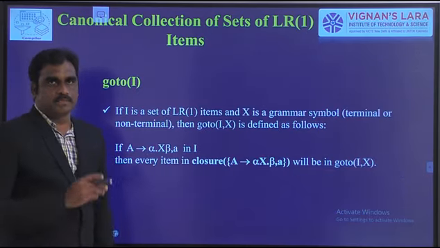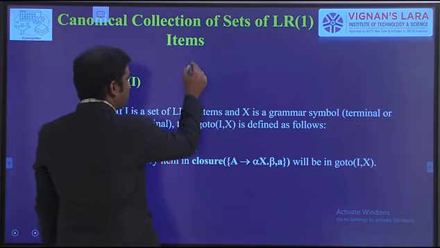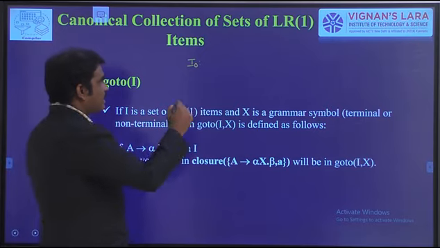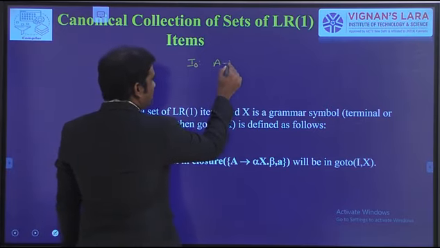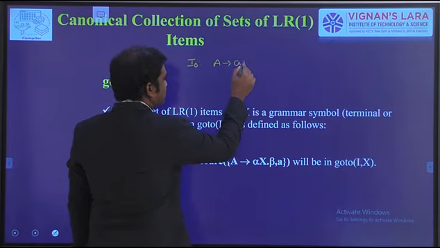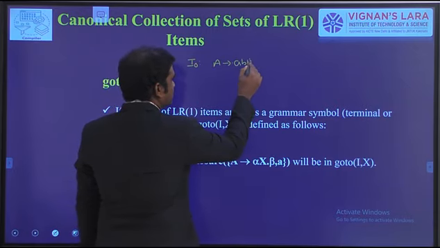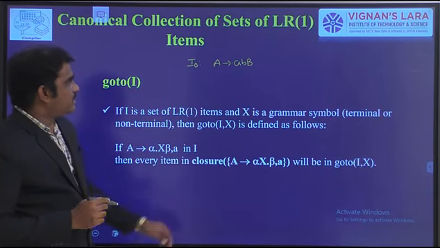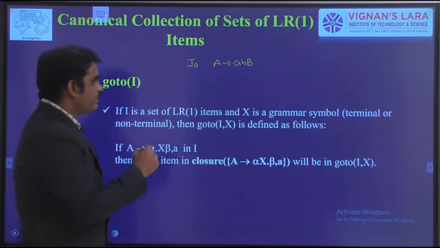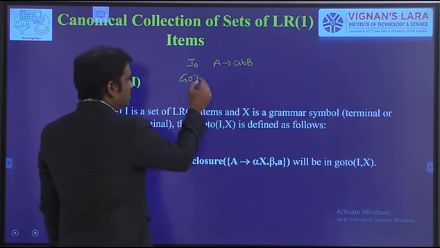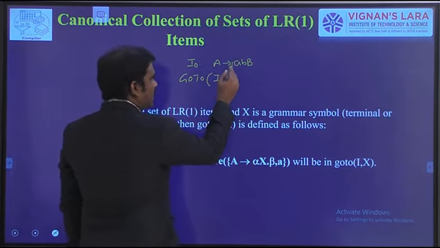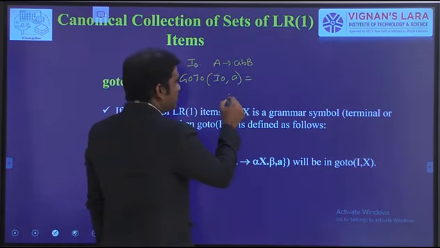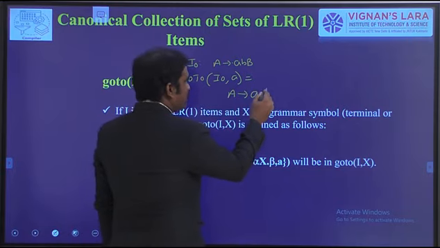And the go to operation. See, suppose for example take in SLR, take the I0 state, the output is like this. Suppose in I0 state the productions are like this, A → dot A B B, then we can perform the go to operation. So go to I0 comma, dot followed by symbol is A. So what is the result? Simply dot is moving to the right hand side. The result is A → A dot B B.